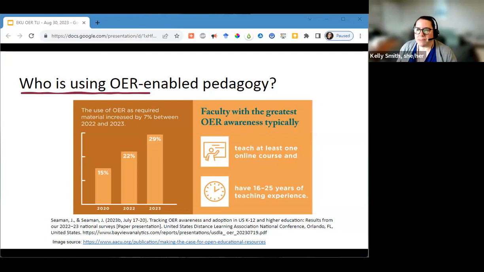So these are just some data I got actually yesterday. The association, what's it called? AAC&U, American Association of Colleges and Universities, released a publication with a bunch of data. It's called Making the Case for Open Educational Resources. And they, from this article by Seaman and Seaman that was just released,